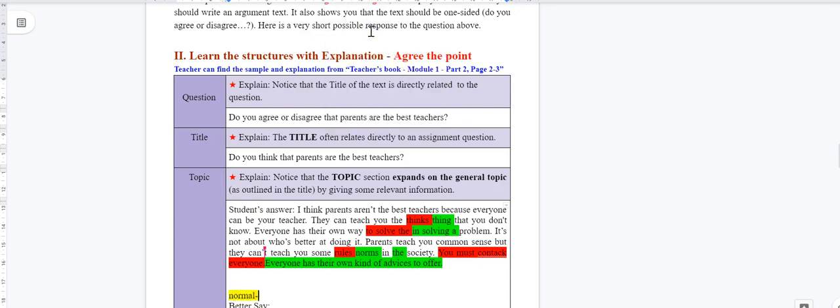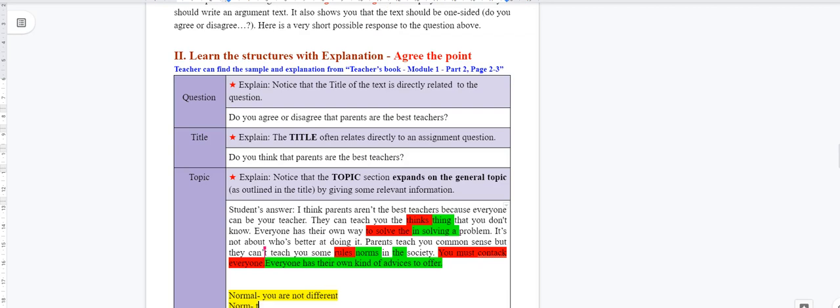When we say normal, these are things that follow the norms. Basically, when you say normal, it means you are not different. So a norm is